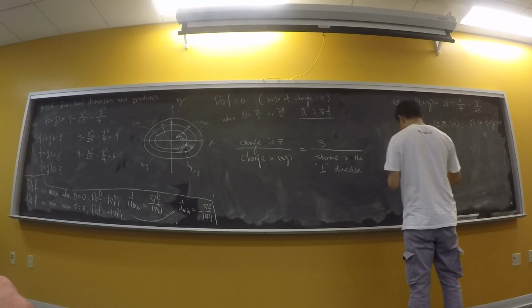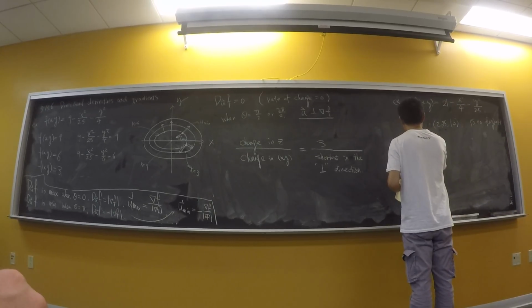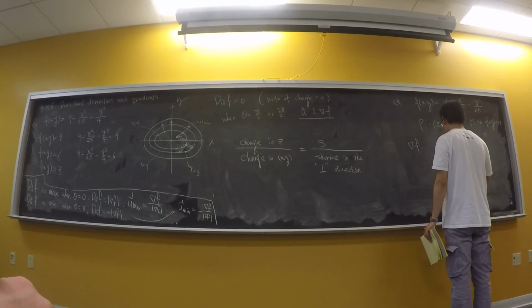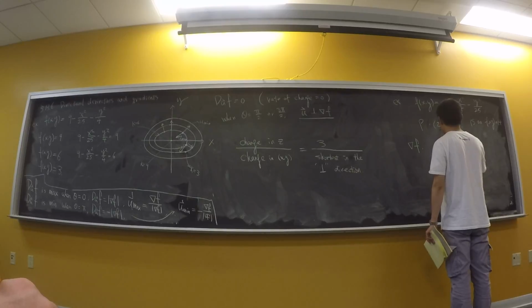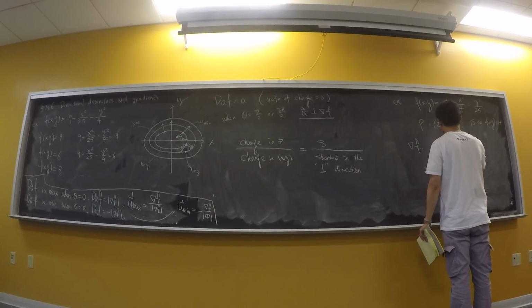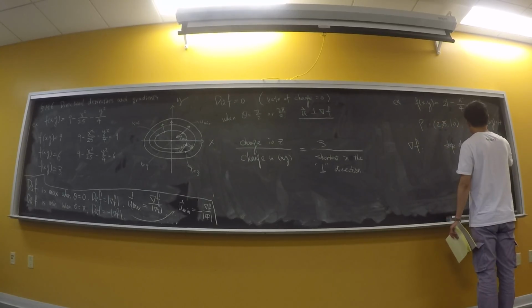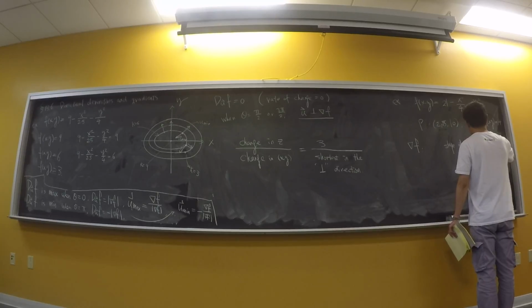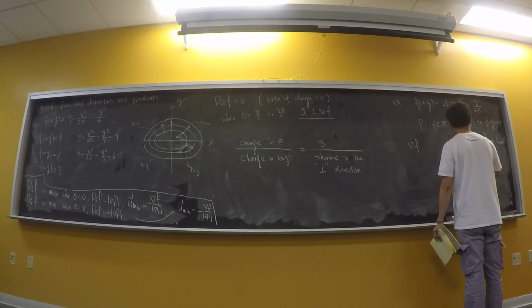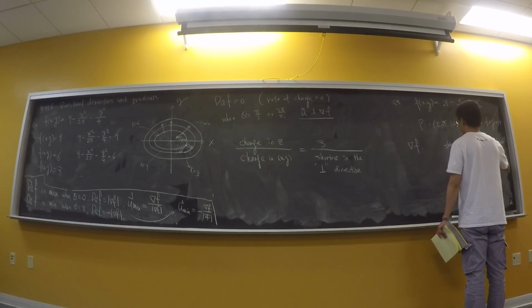So I want to compute the following things. I want to compute the gradient. And also I want to compute the tangent line of the level curve, or the slope of the tangent line, to f(x,y) equals 14. And then I want to